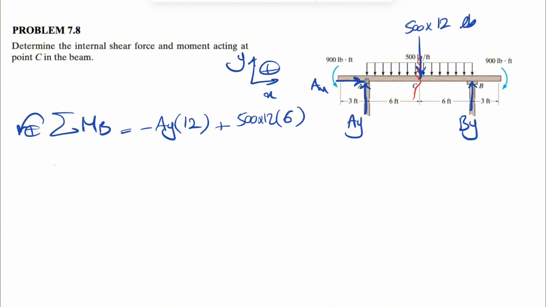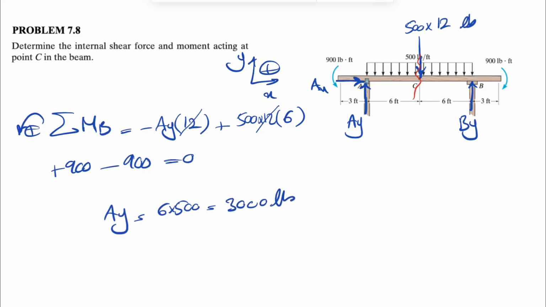And we have two different moments at point A and at the left end of the beam, 900 pound-foot counterclockwise, so plus 900. And on the other side, we have a clockwise moment, minus 900, which cancel each other out, so equals 0. We can cancel out 12 in here, so our Ay is basically 6 times 500, or 3,000